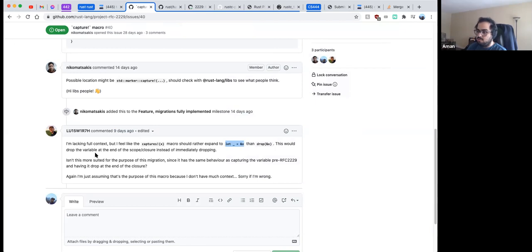I think this might be incorrect. The reasoning, which is drop the variable at the end, that reasoning is incorrect. But first of all, I don't know who that is. I don't think they're on the Libs team. Secondly, that's really a question of what the macro expands to, which I don't really care about. What I do care about is, as long as it works,